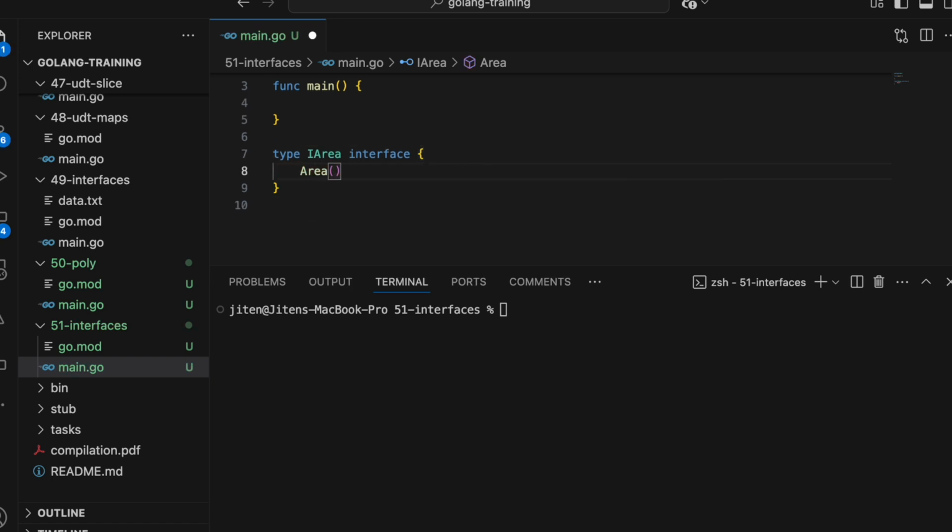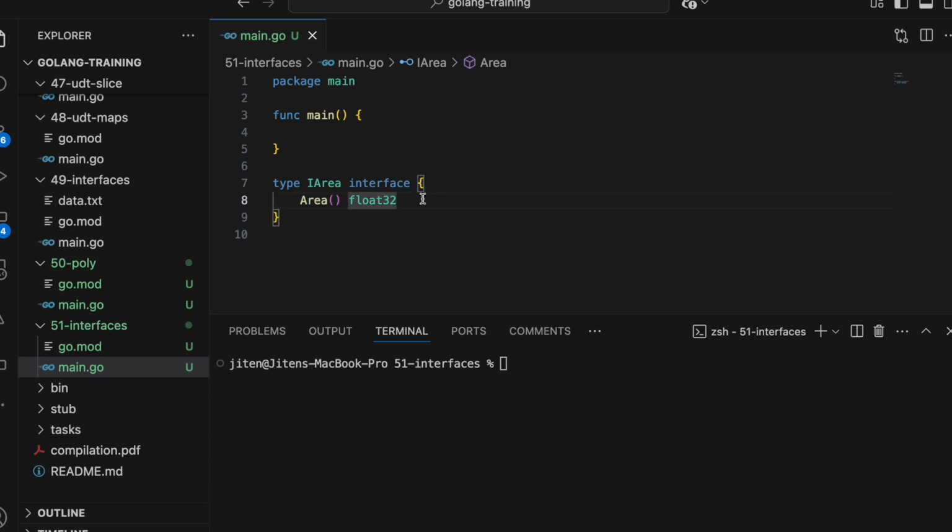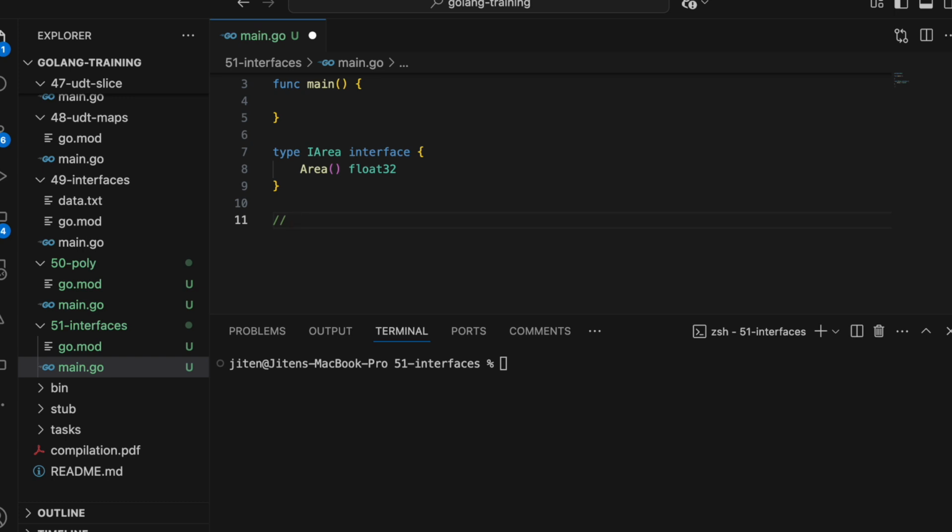Area is a function. Area is a signature which returns a float 32 variable. Area is what? Area is a signature. This is the signature. This is an interface. This is how you create an interface. The moment you create an interface,